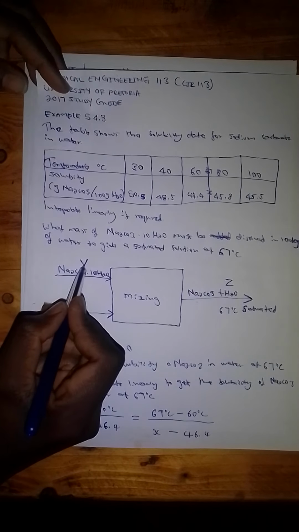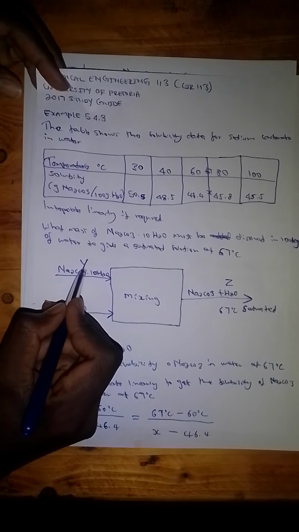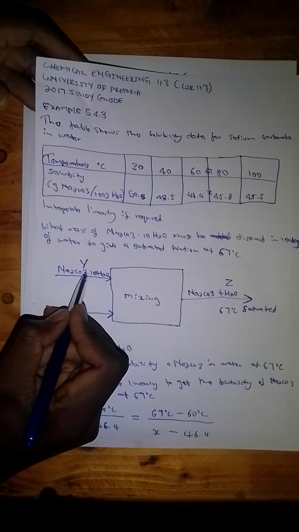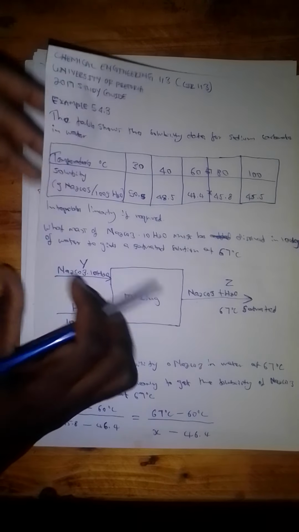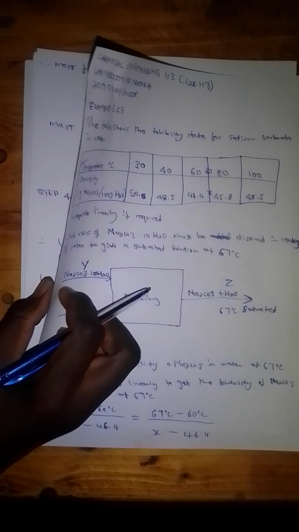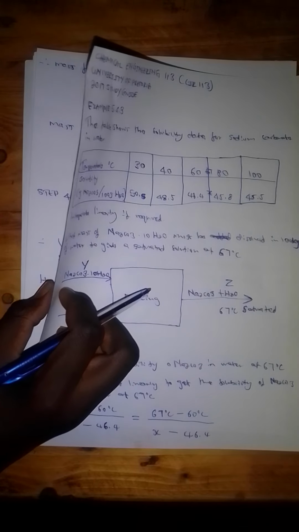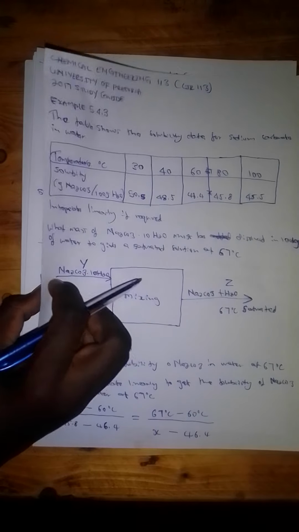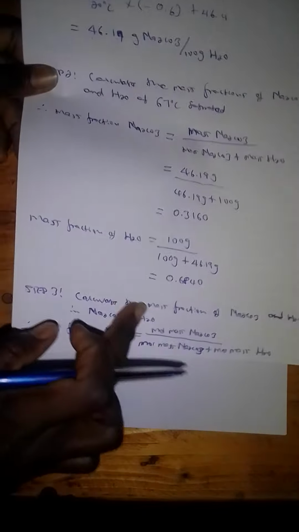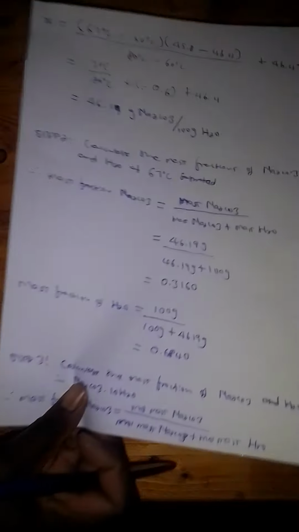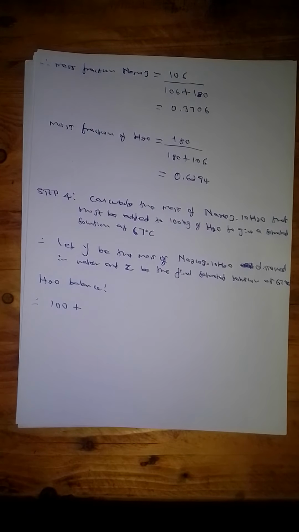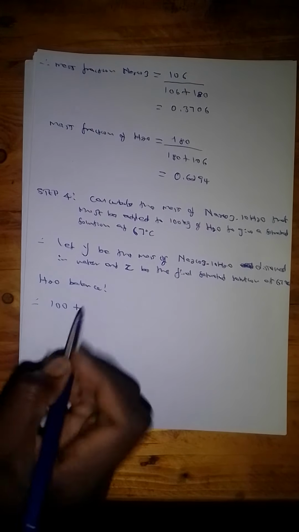We don't know why, but we know the mass fraction. We know the mass fraction of water in here. We did calculate it, and we found it to be 0.62. Let me just bring it back to verify. Yeah, this is where we calculated it, and it gave us 0.6294. Therefore, we're going to say